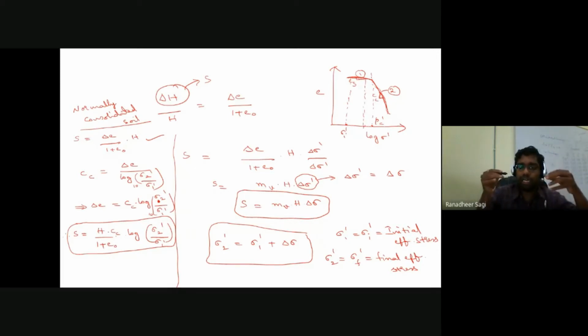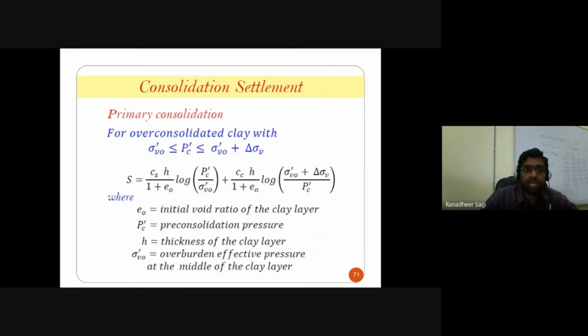Both the initial effective stress and the final effective stress developed in the soil sample relate to the over consolidated state. So in case it is over consolidated soil,